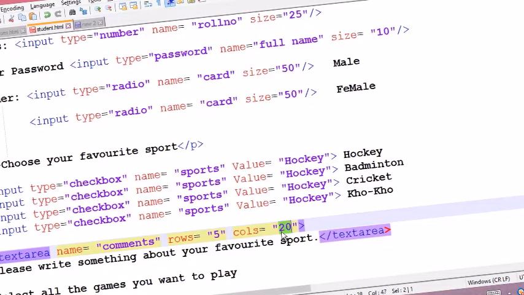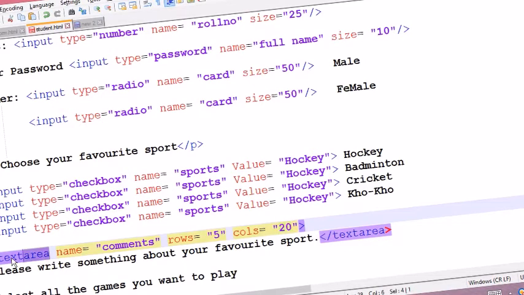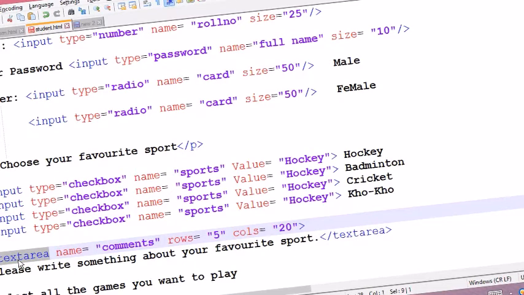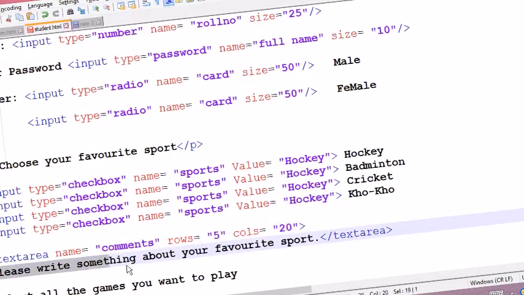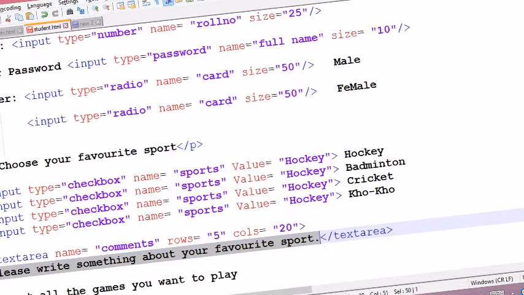So in each row 20 letters are displayed. When we use this text area tag, one small box is made there, and in that we are going to write whatever we want. So here we want to ask the student to write something about his or her favorite sport.